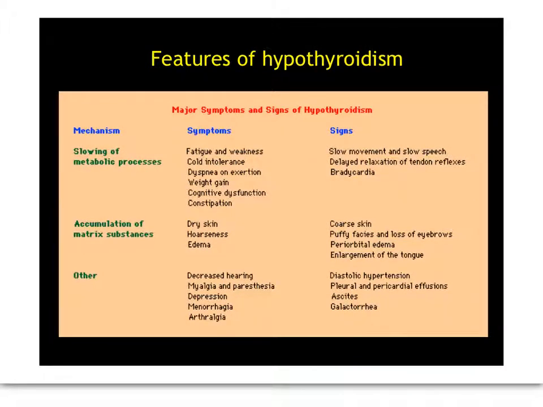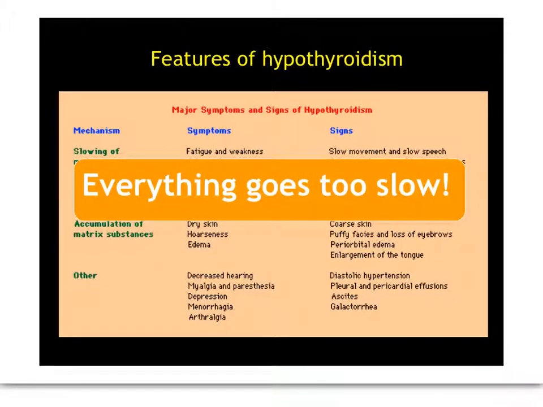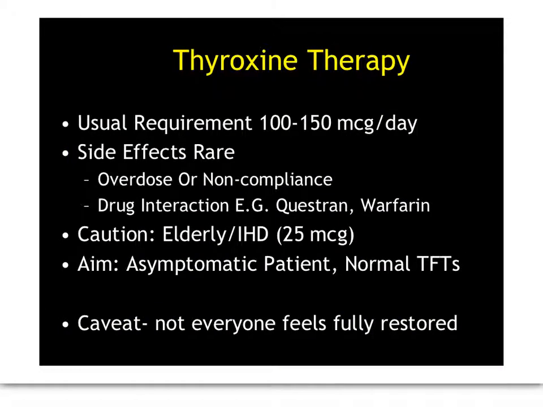Okay, we talked about everything going too fast in hyperthyroidism and in hypothyroidism, everything goes too slow. The treatment's very straightforward, using thyroxine. This is the typical daily dose that people require, and you could get too much thyroxine, in which case you start to feel rather like somebody with thyrotoxicosis. Because it's a lifelong, long-term condition, you can sometimes forget to take your tablets, so